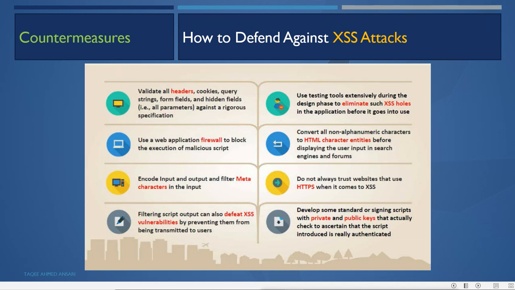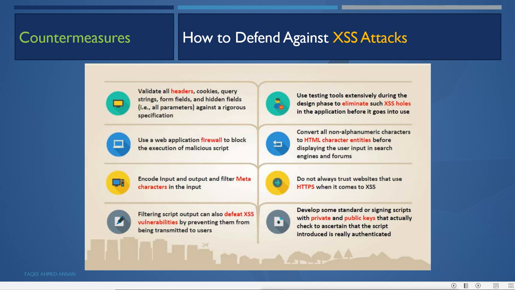Then convert all non-alphanumeric characters to HTML character entities before displaying the user input in search engines and forums. For example, when an attacker runs a search and tries to put a malicious query into the search engine, it will be converted into HTML characters, so the result will not be visible to the attacker.